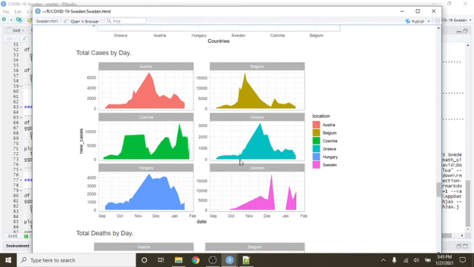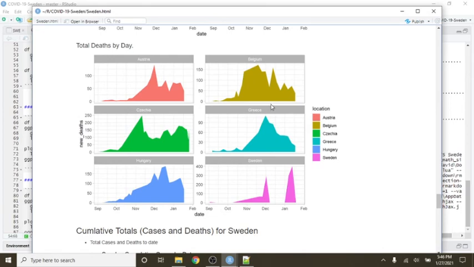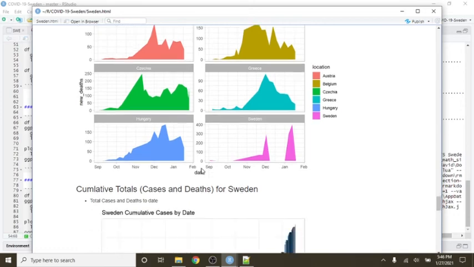Now, if we split the cases out by day for each country, you get a nice, pretty picture, and a little bit of an idea of exactly how Sweden compares to other countries. Note, as always, the y-axis labels here vary from plot to plot. That way, it gives a better representation of what's actually going on in that country. Deaths, in many ways, you can say that. Well, if you look up here, had 400 deaths in one day. Okay, maybe. Again, I don't think I took into account the Tuesday through Saturday, or then maybe I did. I'm not really sure. Okay.